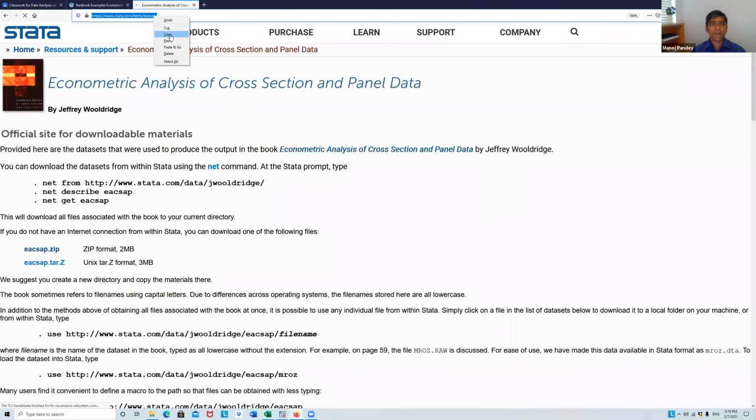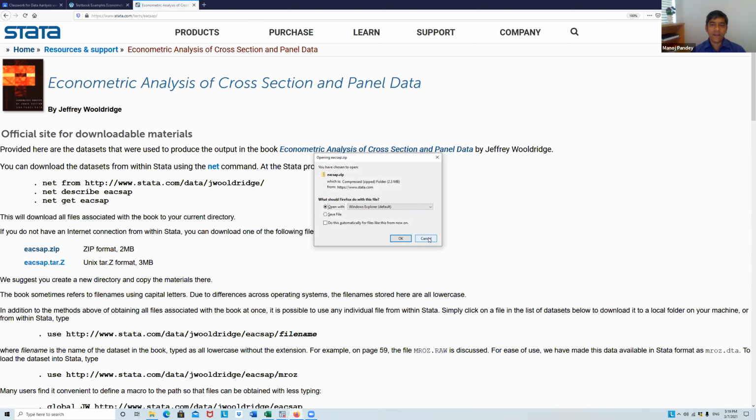I'm again sharing this with you. But if you go into my Google Classroom, I have already downloaded the data and put it there, so your life will be much easier. And here is the eacsap.zip file. You just download it from here, and then your data is ready.